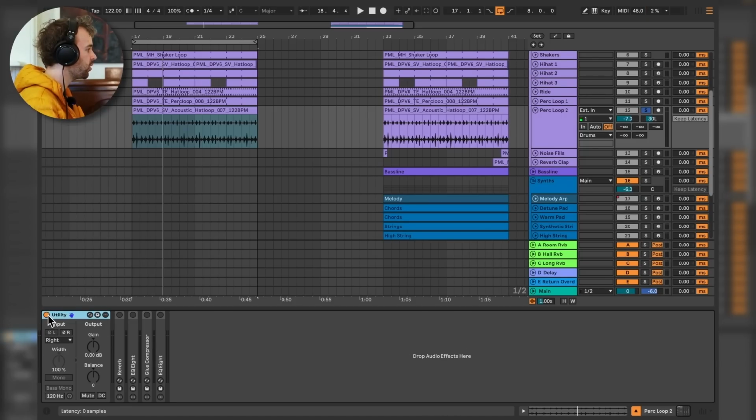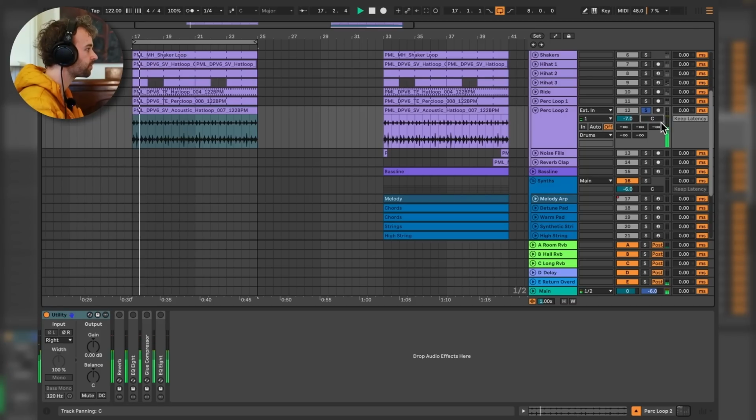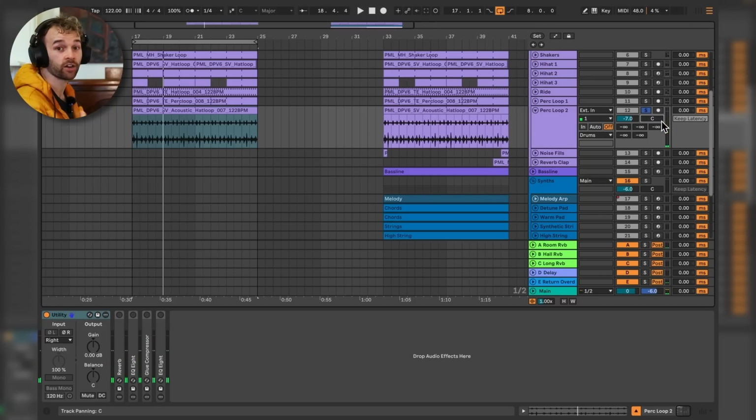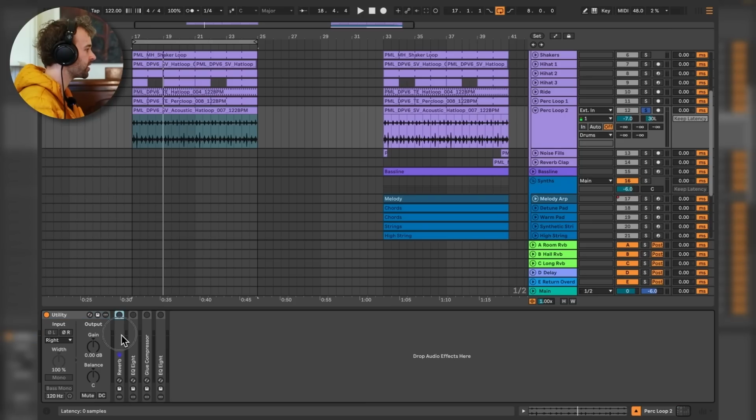Starting with this utility, which again is doing that same thing that we were doing on the previous two tracks, just passing through the right side of the stereo signal. And if we pan this back to center, see it's currently panned to the left, we can hear it's now in mono. Let's undo that panning and take a look at the next processor, which is this reverb,